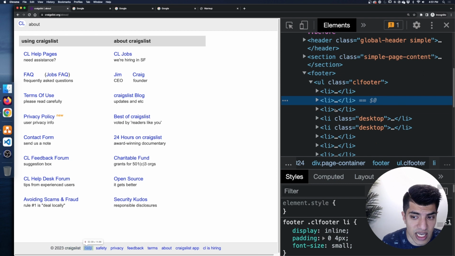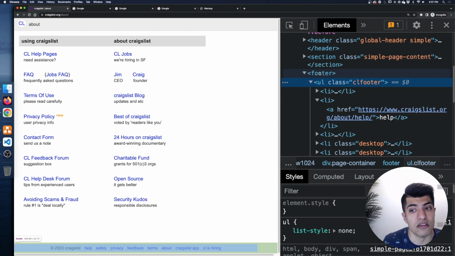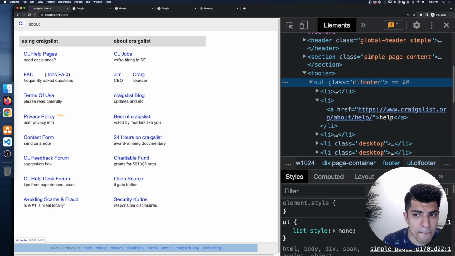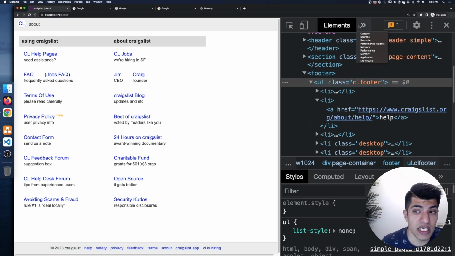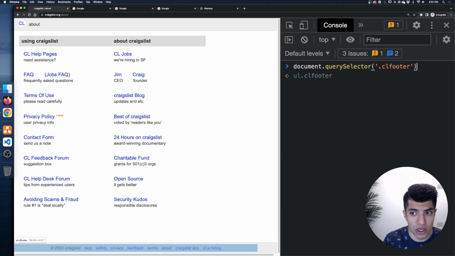So these LI tags, it looks like, are inside of a UL, an unordered list, which is itself inside the footer. Okay, so I'm going to guess this UL has a class of cl-footer. I'm assuming Craigslist footer, right? I'm going to make an educated guess that that is probably the only thing that has that class. Okay, so let's verify that really quick. I'm going to say document.querySelector, and I'm going to search for .cl-footer. So I'm going to search for the class name of footer,